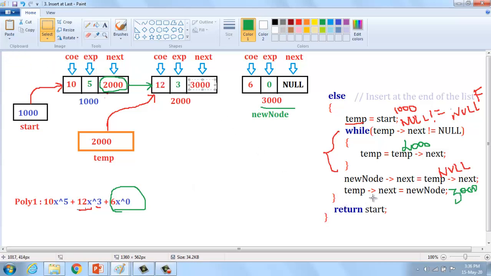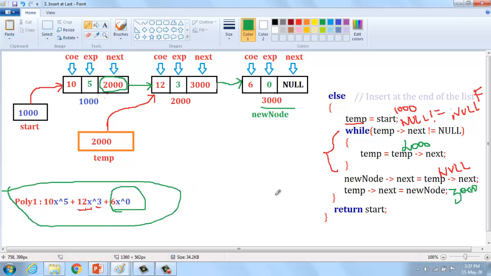Okay, using this temp of next equal new node. If this address changes, it means a link is connected from the second node to the third node. Okay, we easily inserted the first polynomial into the linked list. Okay, this is the way.